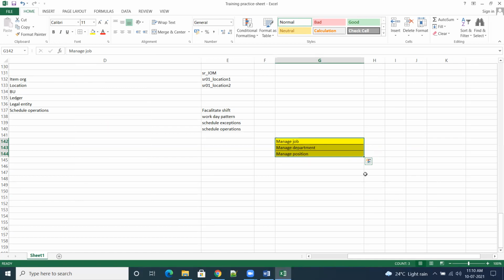Our job is nothing but exactly your designation. As per the designation, we are going to do some kind of activities in the company, right? Let's say manager is one job, senior manager is a job, consultant is a job, senior consultant is a job. Like that, different jobs are present in the companies.